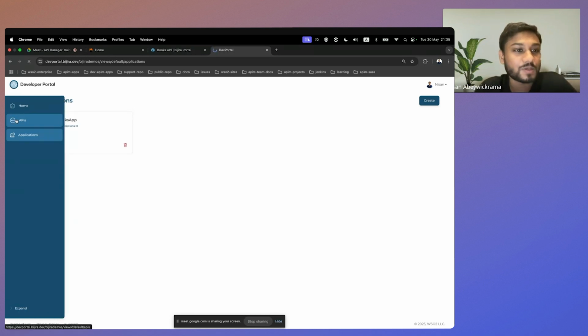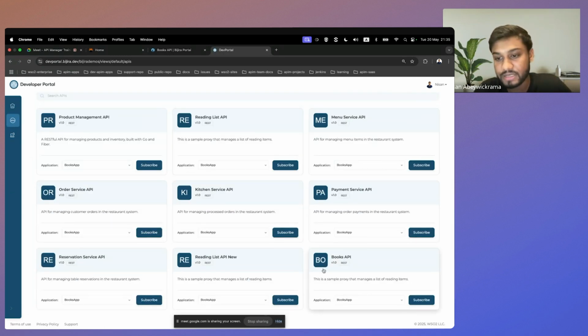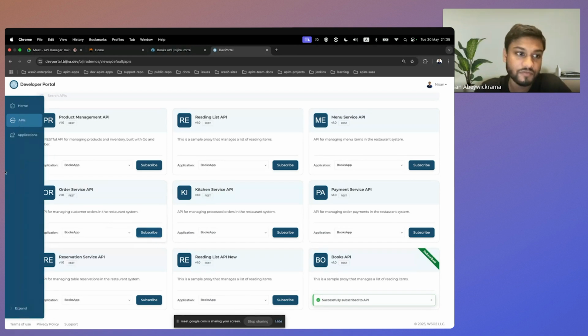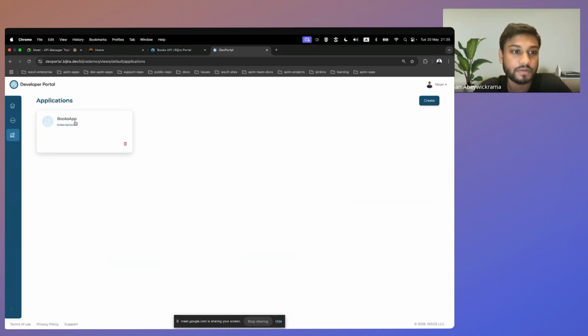Once you go back to the API, you can see the books API, and you can see the app we created, books app, over here at the bottom, and you can subscribe to it. And now if we go back to the app we created, books app,